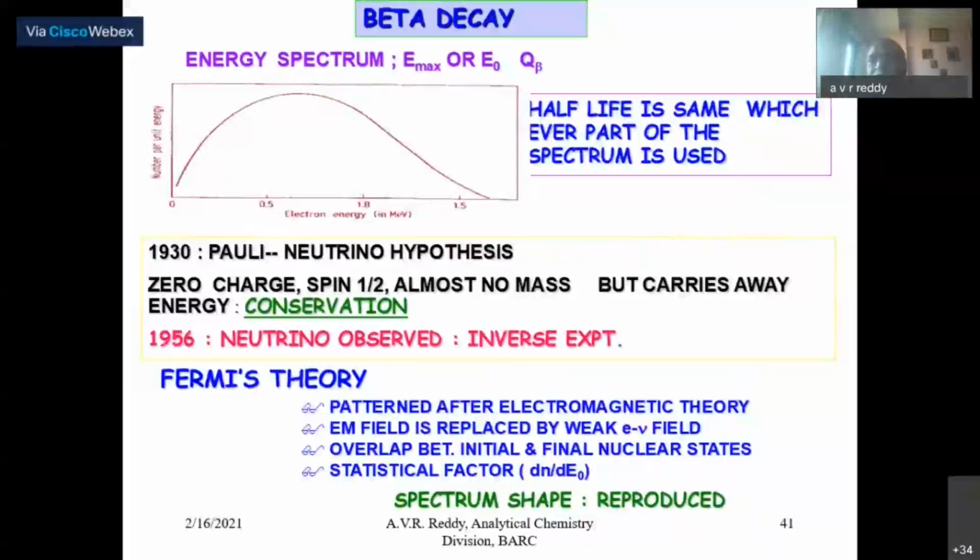Electron is carrying away half spin value. So, where is it? Where is it coming from? So energy is not conserved, spin was not conserved. Both these violations were observed until